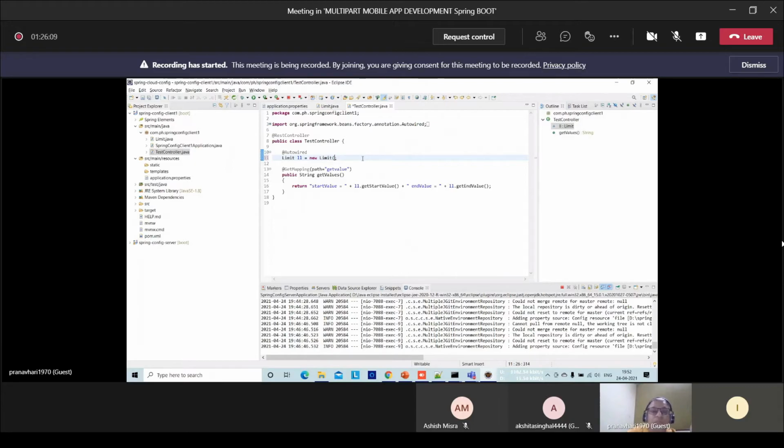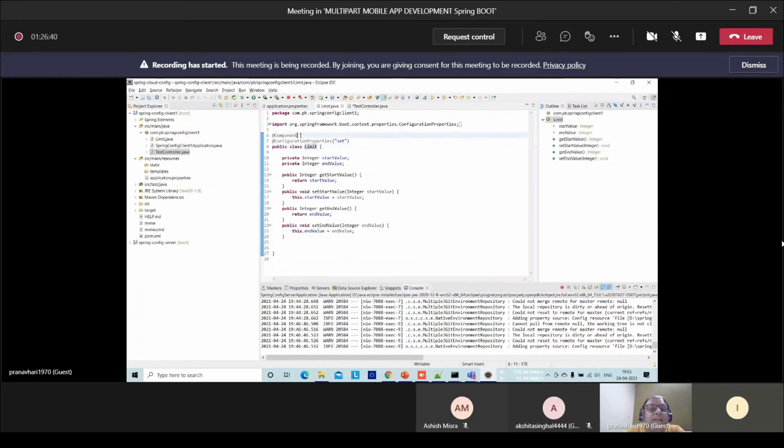So automatically the object of the limit class which is created by Spring is injected. This is what is called IOC injection, from where we started learning Spring. That is what IOC injection is. Okay, so your concept was right, but the answer needs to be corrected.